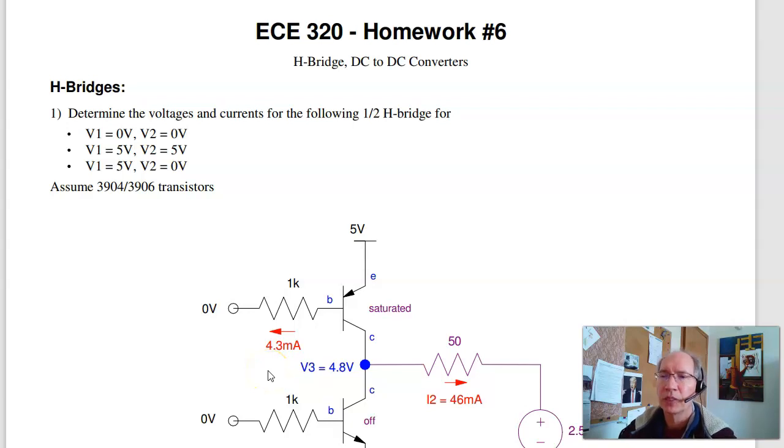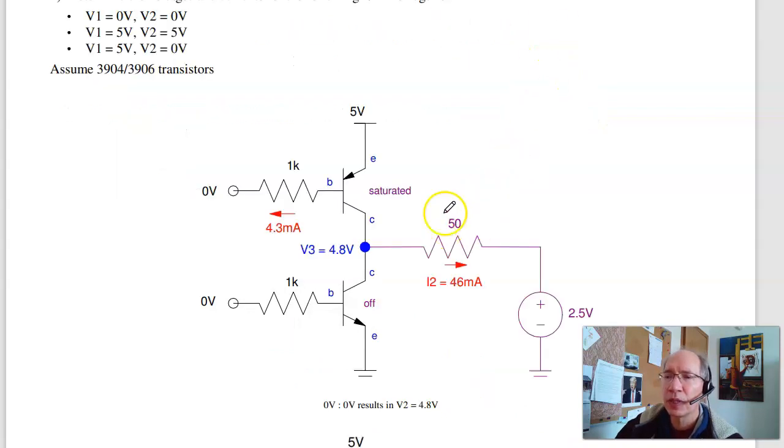Here are the solutions to homework set number 6 for ECE 320. The first problem, we're looking at a half H-bridge. For a full H-bridge, what you'd have is this circuit repeated, the other half of the 50 ohms, making 100 ohms,